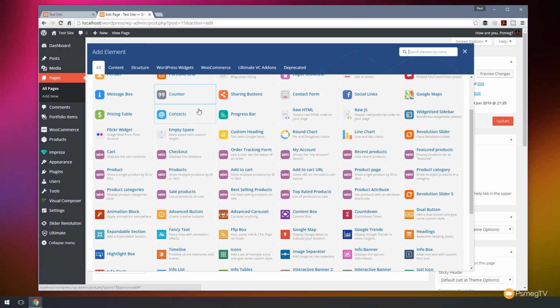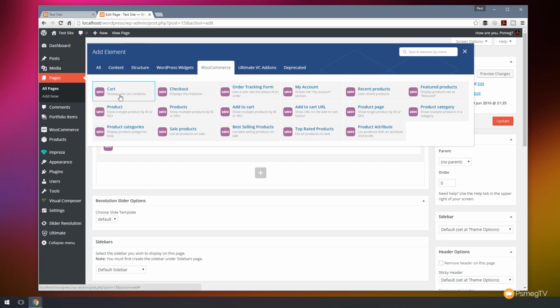But we're not worried about that. What we want to take a look at is all the WooCommerce options that now become available to us when we install WooCommerce and we have Visual Composer installed alongside it. So you see now we have a whole range of different tools. And if I filter these out just to show the WooCommerce ones, we've got a great range of new functions